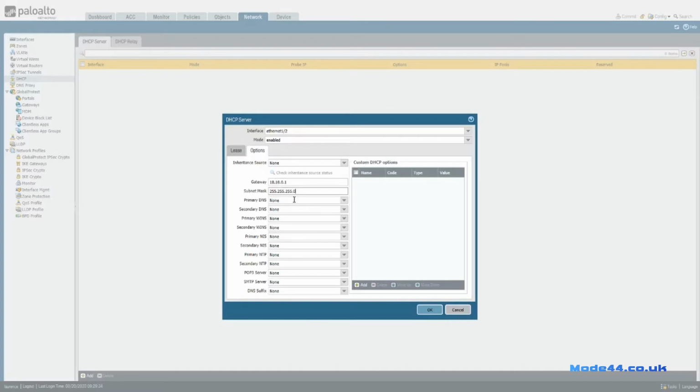255.255.255.0, because this is a /24. Primary DNS, we're going to use our AD server, although I've now just got rid of that. Okay. Secondary, use good old Google. DNS suffix